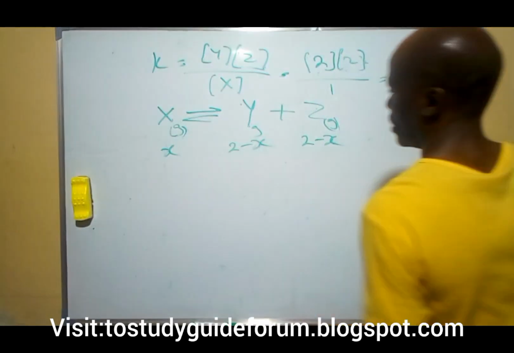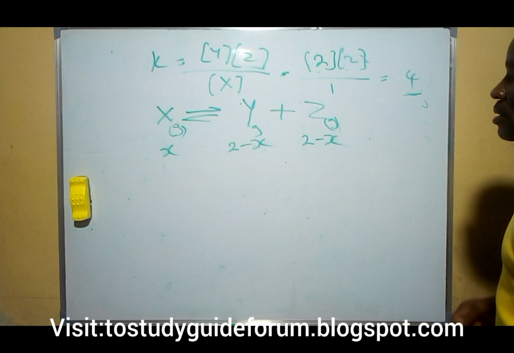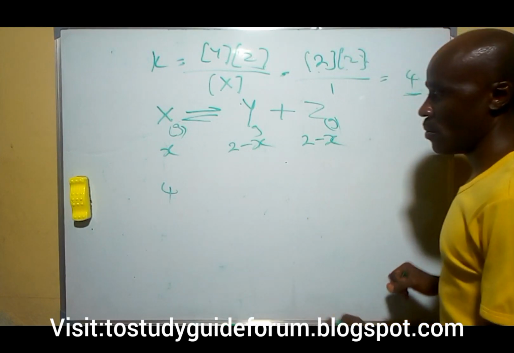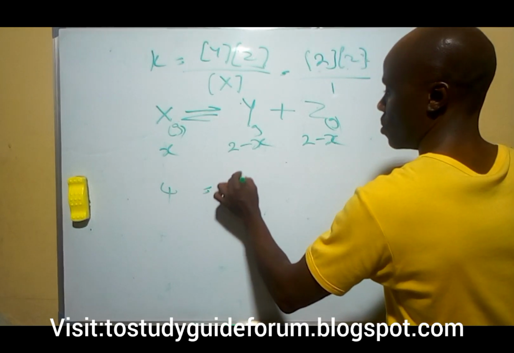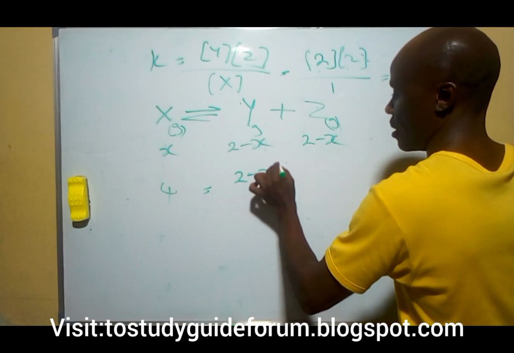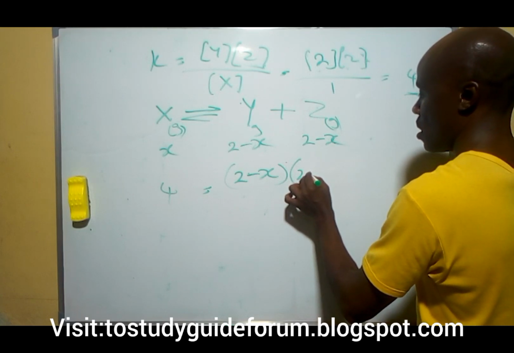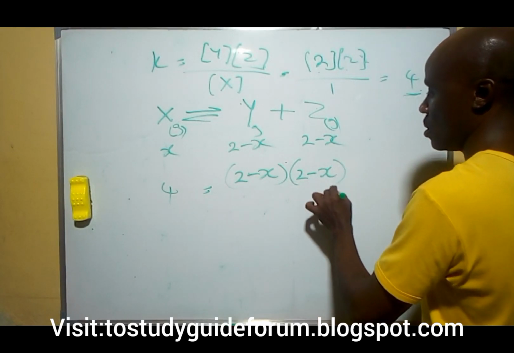We know the initial equilibrium constant is 4, and it will be equal to (2 minus x)(2 minus x)